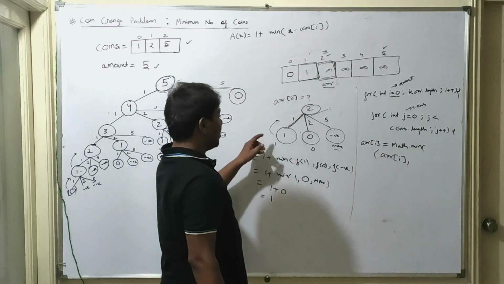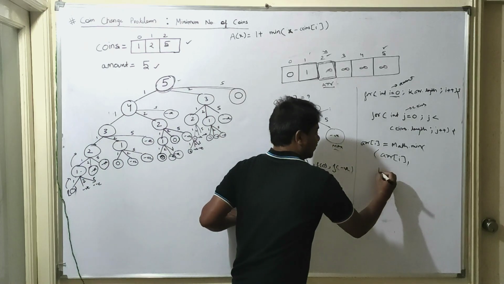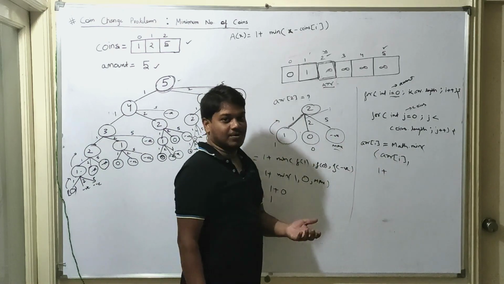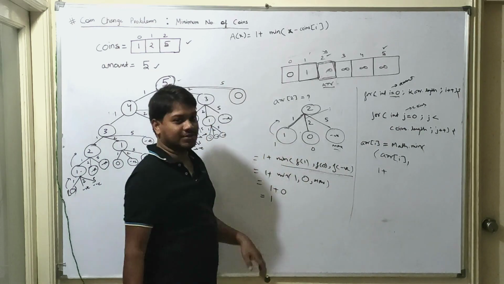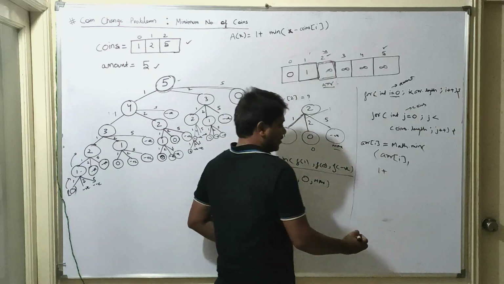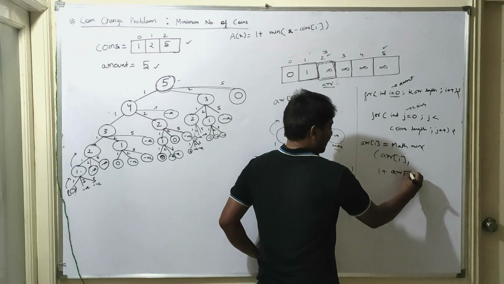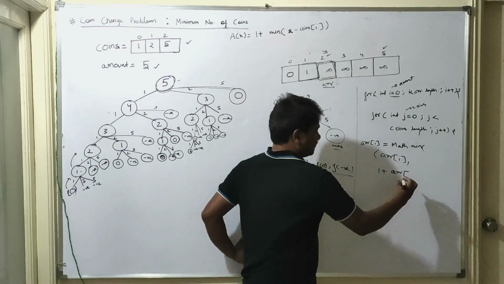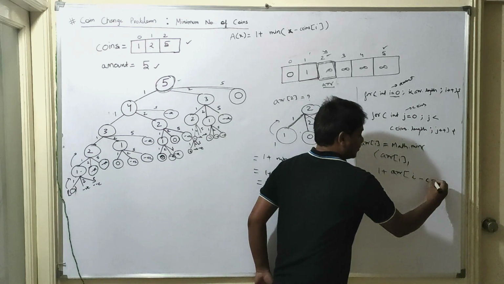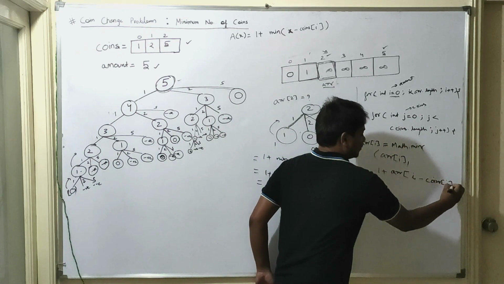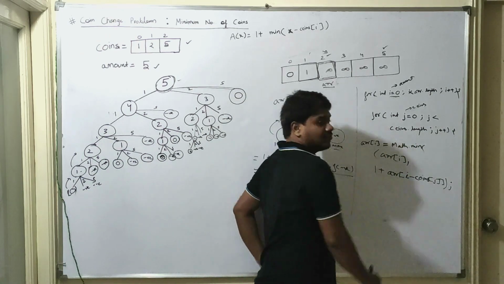the minimum out of the values that we are getting. So 1 plus the minimum out of these three values. So what is the minimum out of these three values? arr of amount minus coins of j. So that would be 1 plus arr of i minus coins of j.